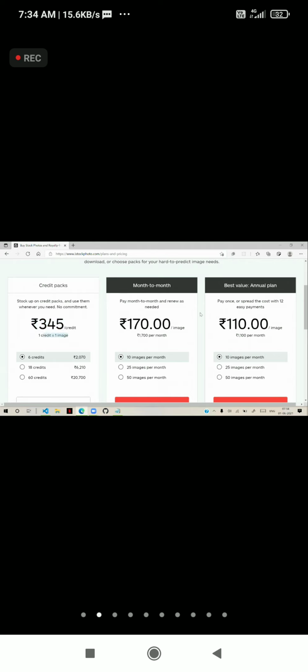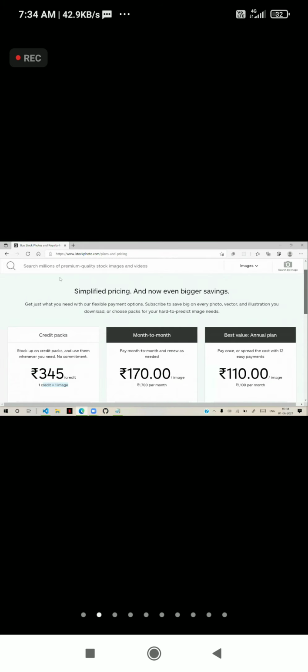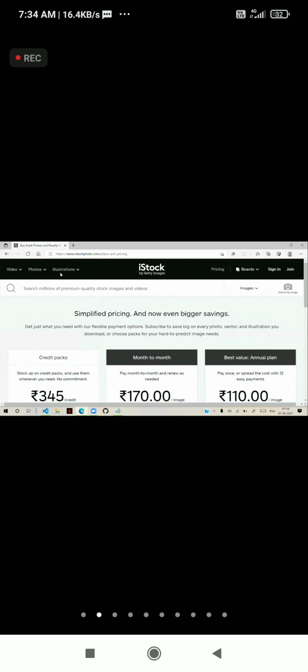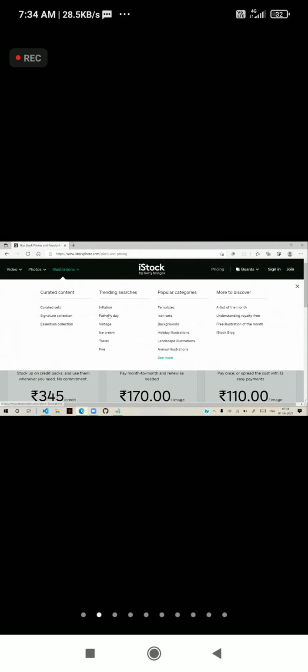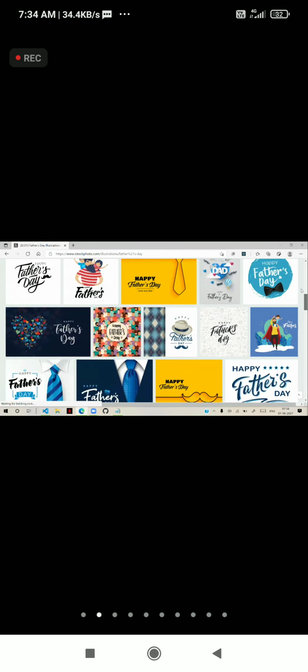So that is costly, because companies generally, according to their business, take photos with models and design them and use them. So this is one simple example of where you get the images.